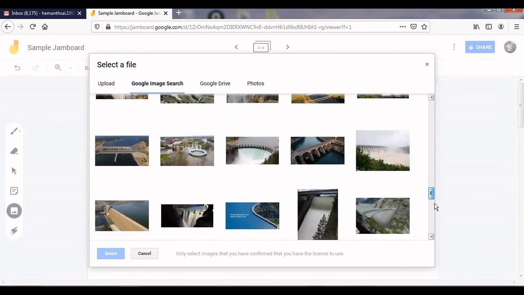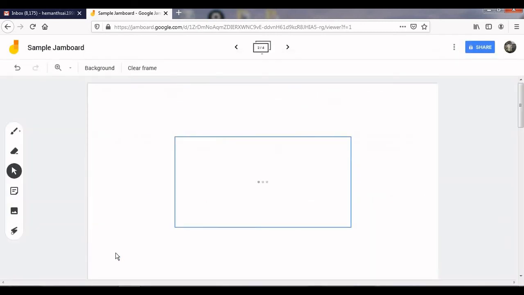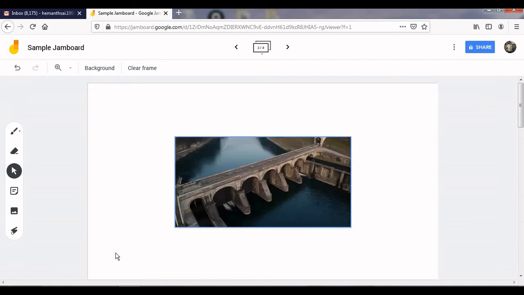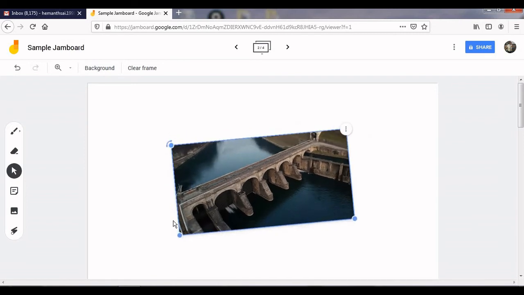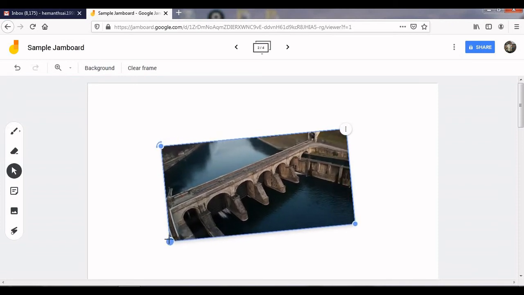Yes, let me select this one, and after the selection, let's wait till it gets uploaded. Yeah, this image can also be duplicated or deleted, and it can be rotated like in sticky notes, and it can be made small. That is up to us.